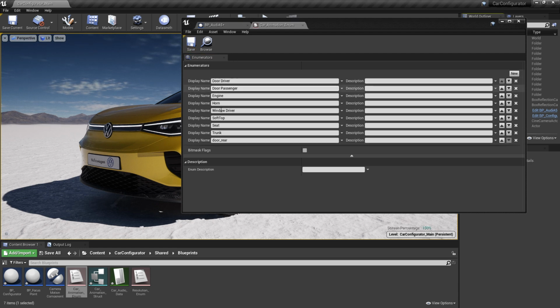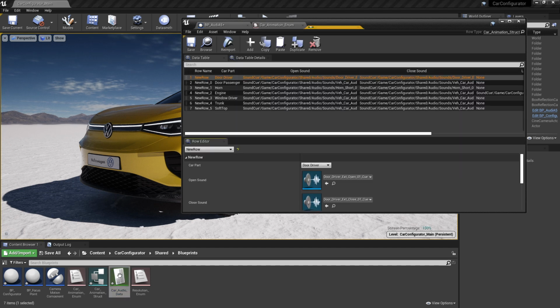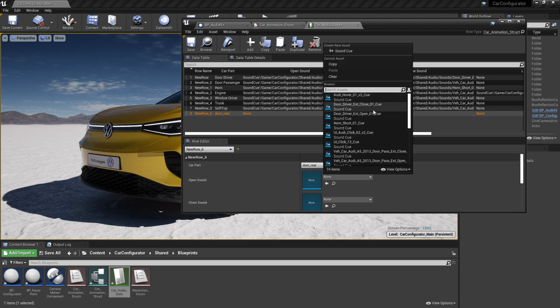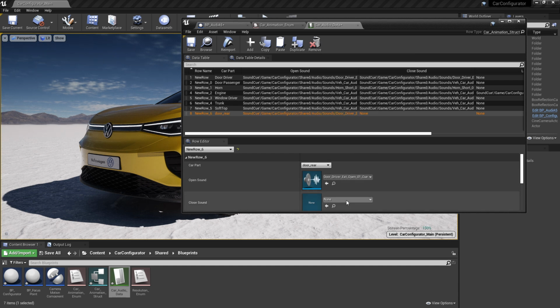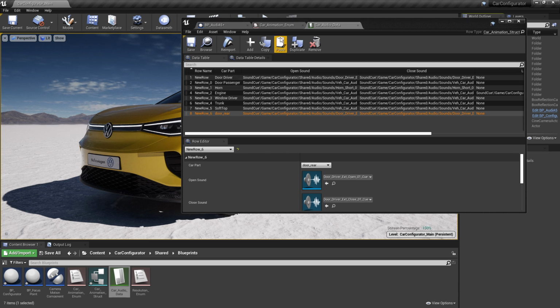Now, the other thing that we need to do is we also need to hook up the audio event. There's actually some dependencies between these. So sometimes if the audio event hasn't been added to the trigger effect, it will actually not work. So let's just make sure that we go into the car audio data also and create a new channel for that. For row 6, we're going to have it trigger out rear door, and then we're going to give it the door open cue. So we'll say the open sound, and then we're going to give it the door exit close sound. So we can save that out.